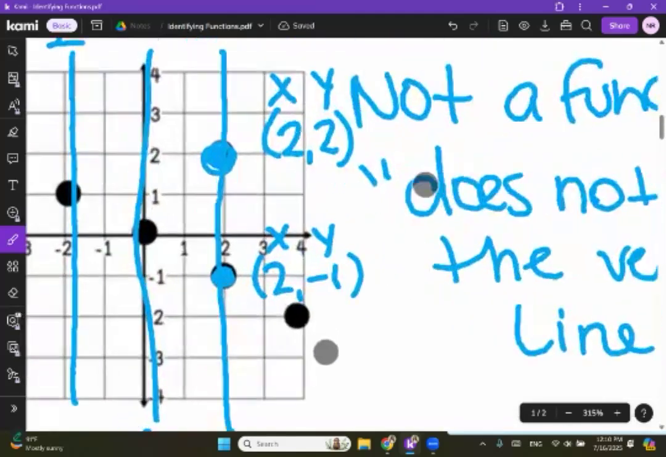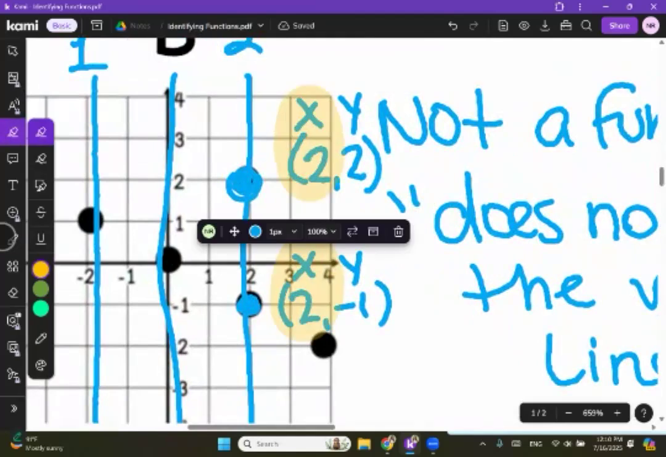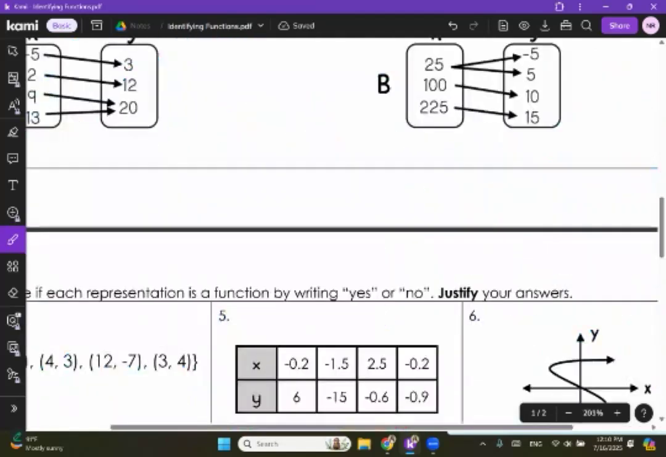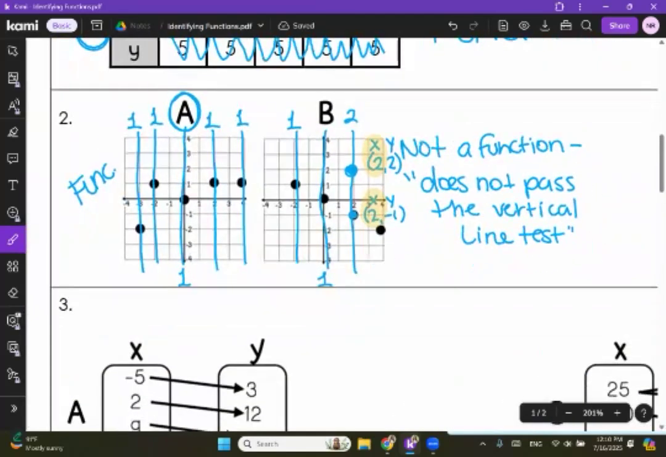You're given an X and a Y value, and notice you have the same X value 2 times. You cannot have the same X value twice. So that's why it's not a function. It did not pass the vertical line test. With a map,